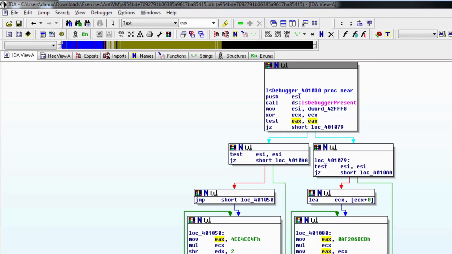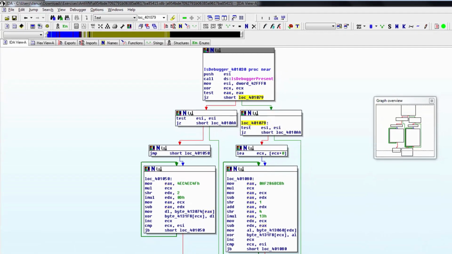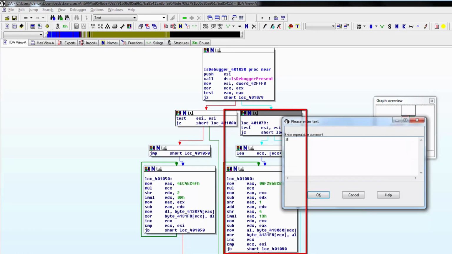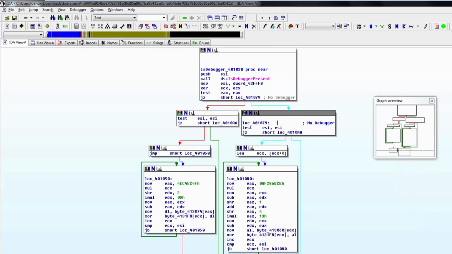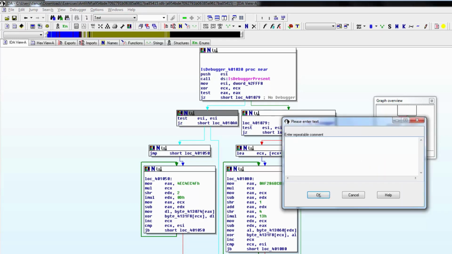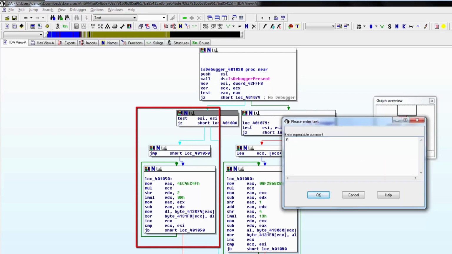Then if it is the case, it's going to go to this branch, which means no debugger, right? I press the semicolon, by the way, to put a comment. There is no debugger because it's 0, but if it doesn't come here, that means go to the other branch, which means